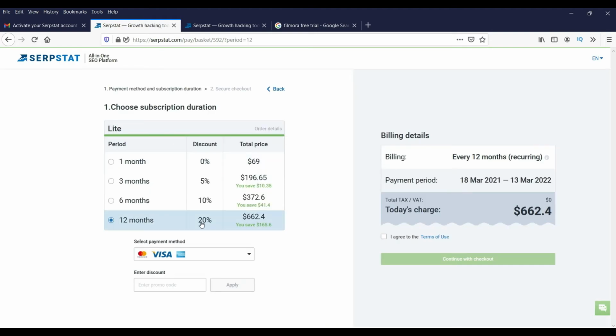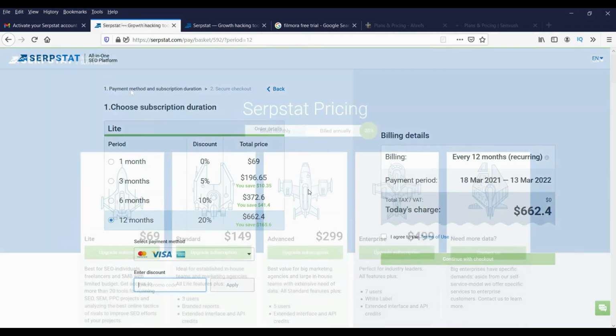If you go with annual plan, you will automatically get 20% discount. If you enter promo code here, you will get additional 5% discount, so that will be a total 25% discount, and current price for a month is $69. If you pay annually, it will cost you around $52 per month.